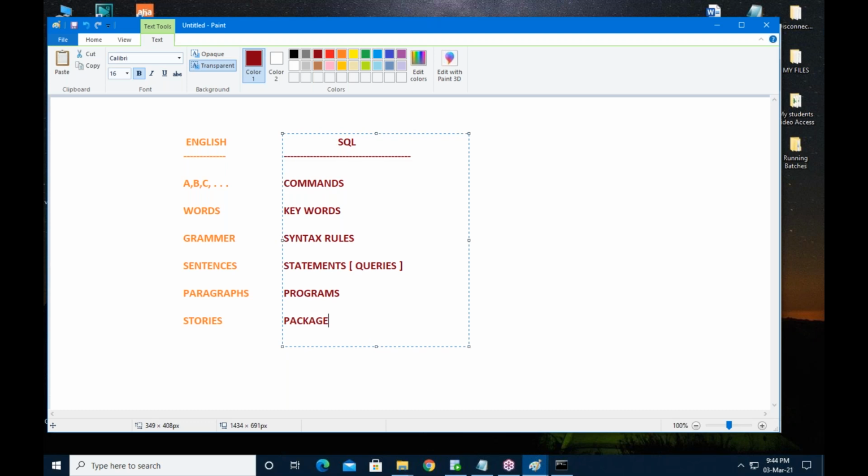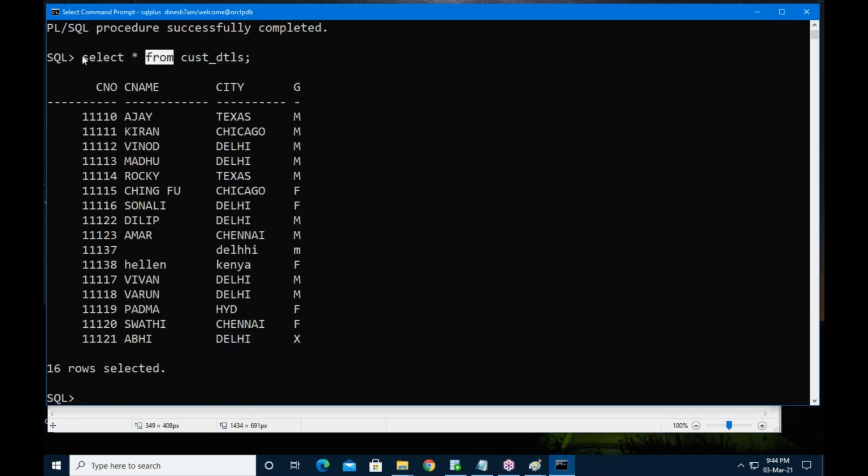Just compare with any other language. SQL is a language to communicate with the database. In SQL, we are learning commands, keywords, syntax rules. And after that, we are able to write queries. A query is nothing but a statement like this.